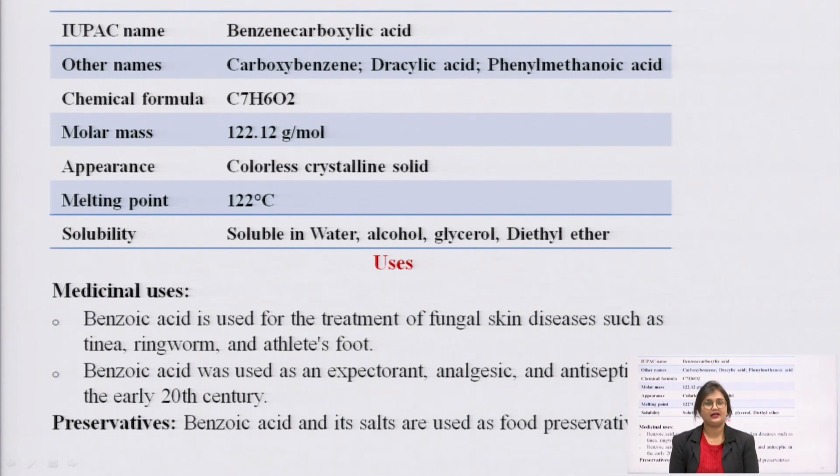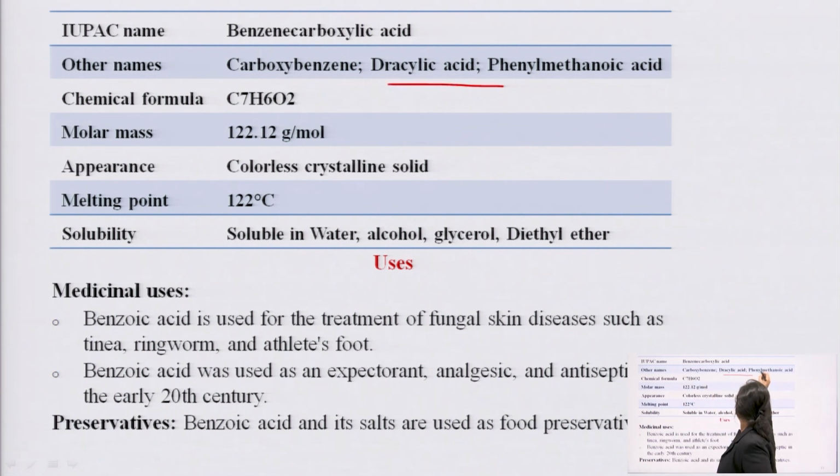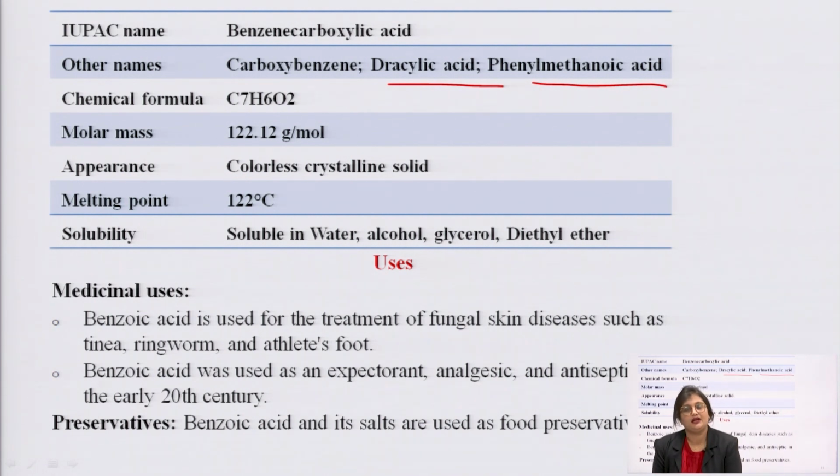The IUPAC name of benzoic acid is benzene carboxylic acid. It is also known as carboxybenzene. It is also known as tricyclic acid, and also as phenyl methanoic acid. It has a chemical formula of C7H6O2. The molar mass of benzoic acid is